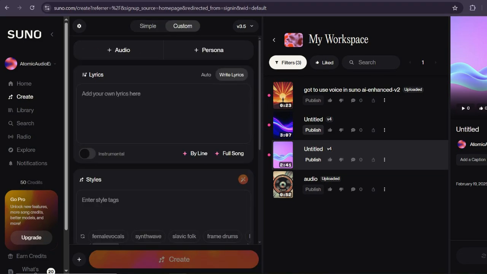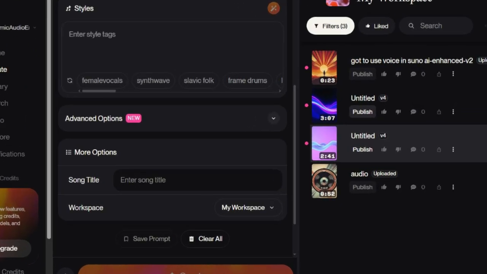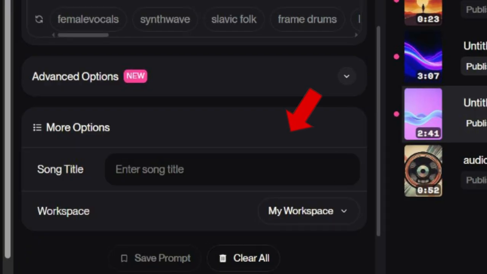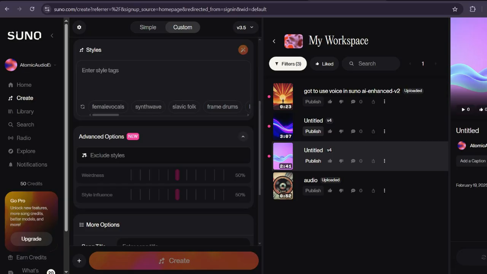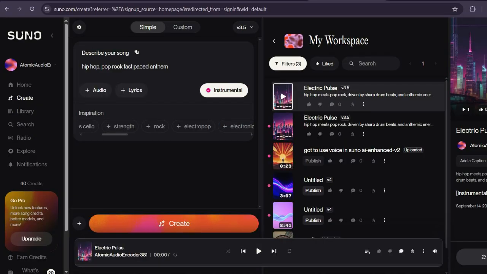In custom, you can add audio, persona, and also paste the lyrics of your song. Choose for instrumental here. You can add in the styles. Again, add as many as you want to make the music that you want. Scroll down, and you can add the song title and what workspace you want the song in, so you can keep your projects organized. Also click on this drop-down option from advanced options like excluding styles and adjusting these options. Choose whatever suits the best for you and click on the Create button from the bottom to create your song